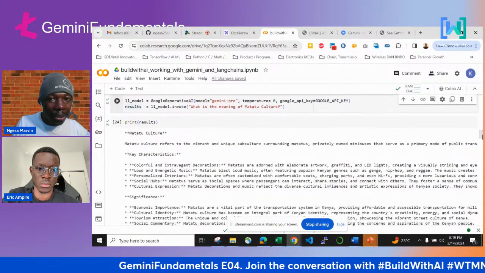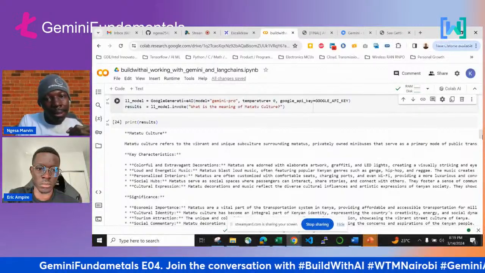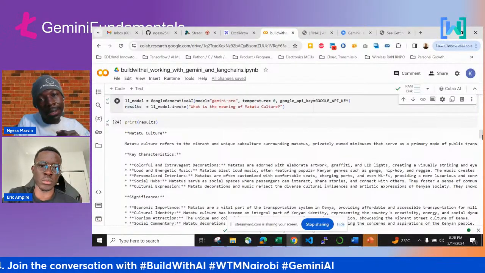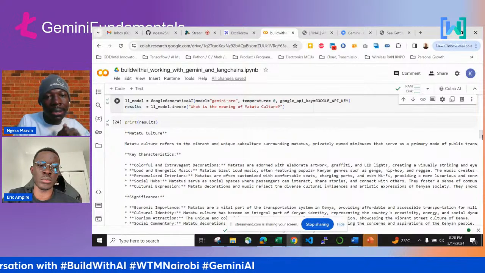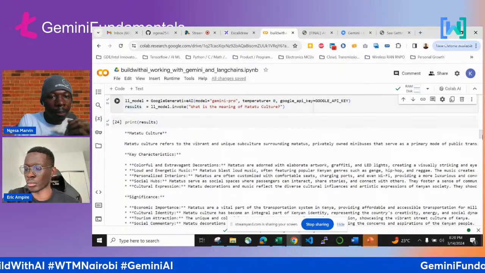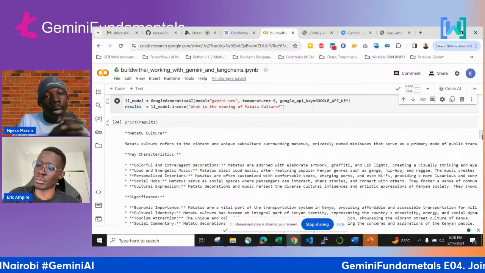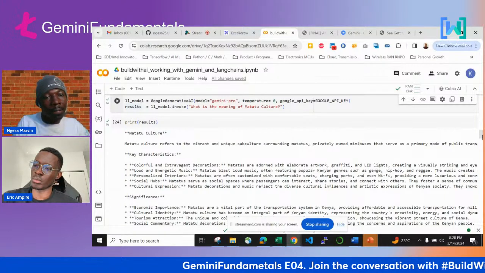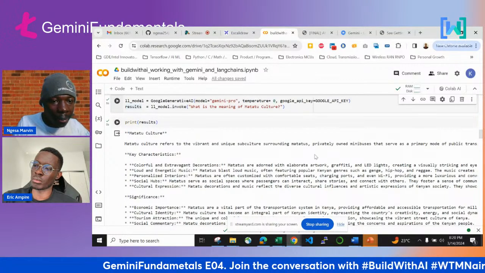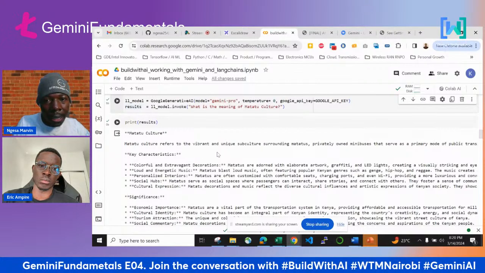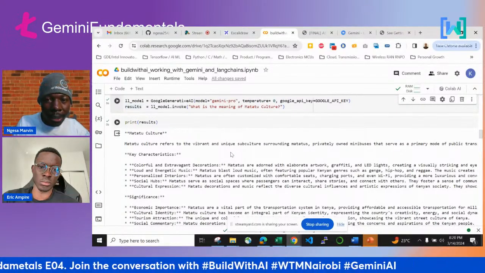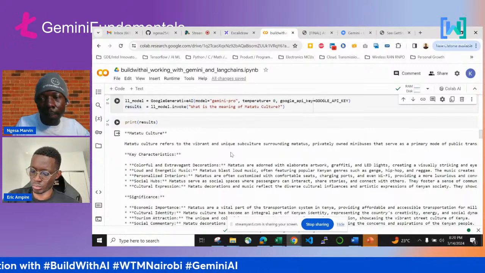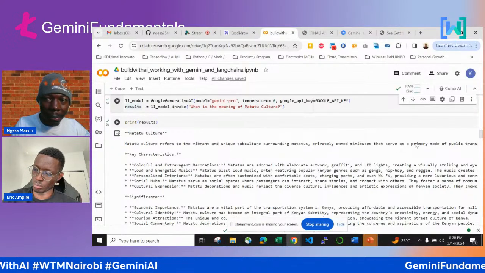You can take that text you're having, leverage LangChain to give you access to the large language model, in this case Gemini Pro. Then once you have access to Gemini Pro, your question is going to go to Gemini Pro, then Gemini Pro gives you an answer. For example, here you can see matatu culture refers to the vibrant and unique subculture surrounding matatus, privately owned minibuses that serve as a primary mode of public transport